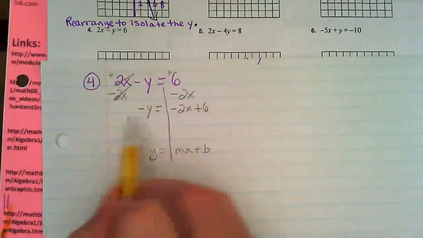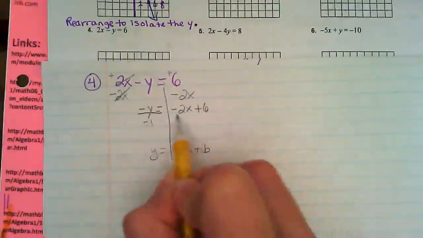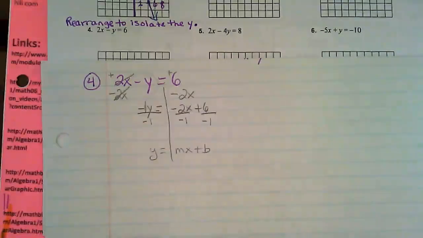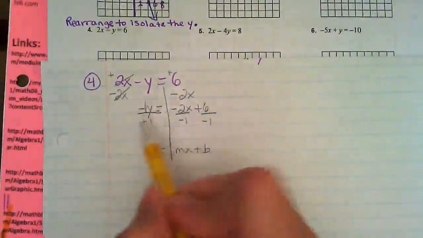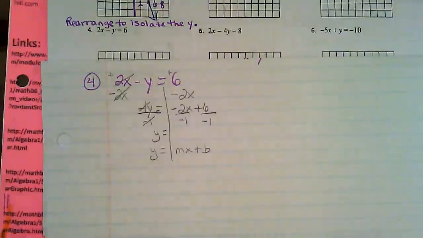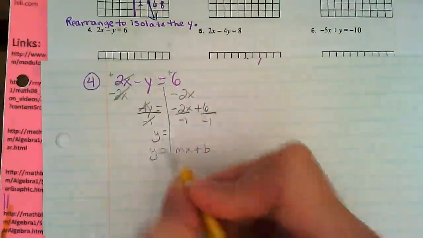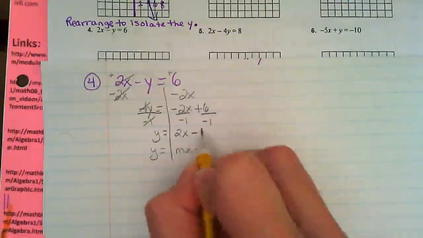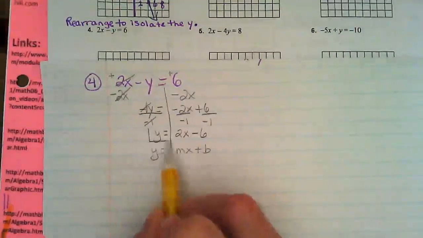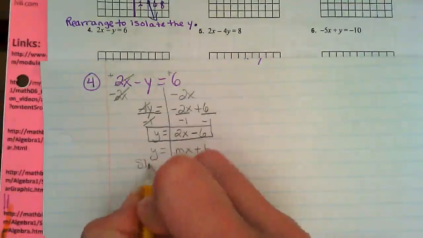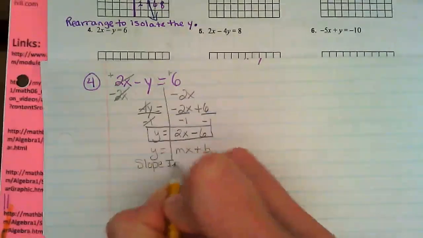All right, so I have one more step left, and that's to divide everything by negative 1. So this negative y, it's like having a negative 1 there. And I need to get rid of that. So when I divide by negative 1, I get a positive y equals, and then negative 2 divided by negative 1 is positive 2x, and then 6 divided by negative 1 is minus 6. So here is my equation, and I have isolated the y. So remember, this is putting it in slope-intercept form,